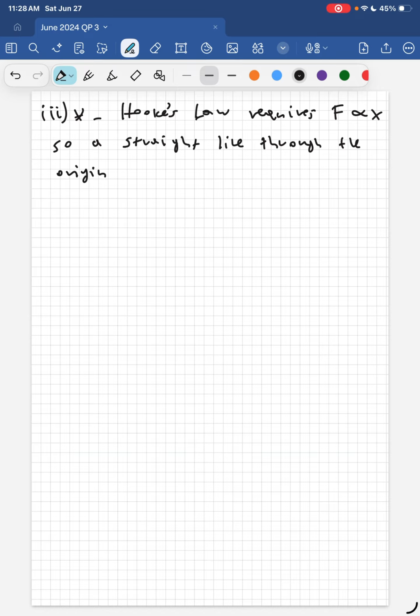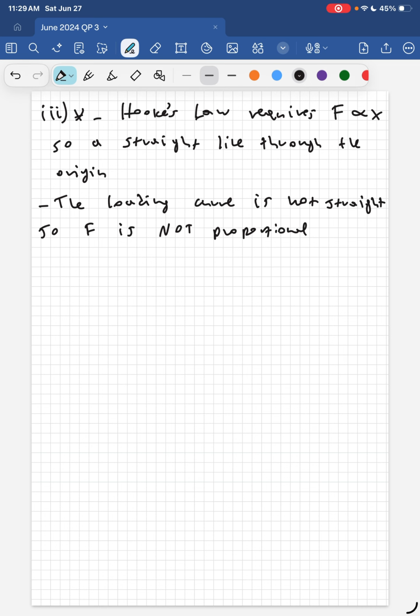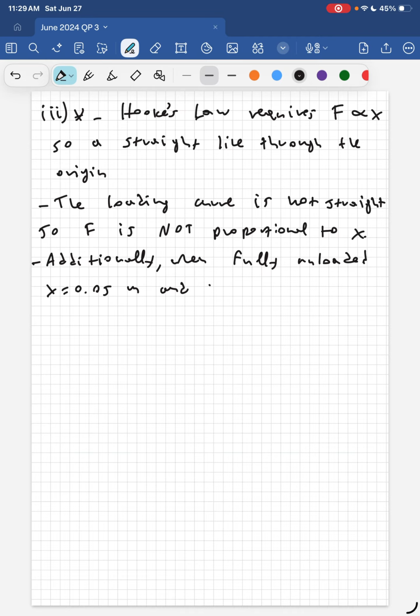Okay, so this is clearly not what we see here. So the loading curve is not straight. So F is not proportional to x. Additionally, when fully unloaded, x is 0.05 meters and not 0, which means